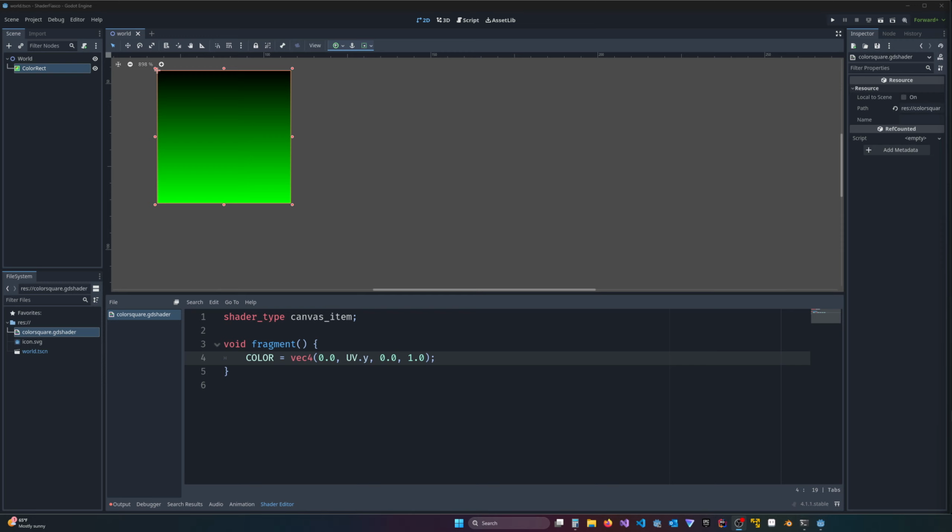Alright, welcome everyone. So in the last shader tutorial, we looked at these two variables, color and UVs, and we figured out that you could manipulate the color based on its position, and the pixels will create these gradients. Now I want to show you these things called uniforms, and uniforms are basically just variables that we declare here, and they act a lot like export variables in GDScript,